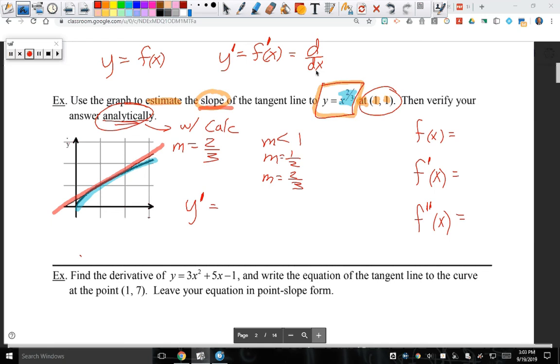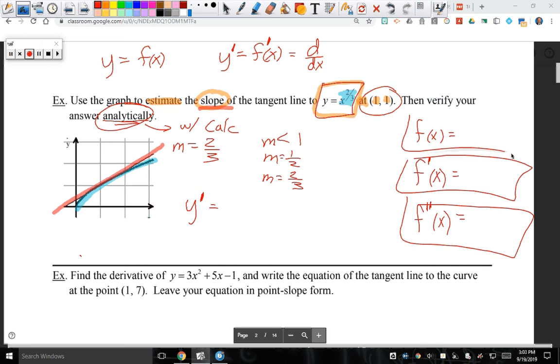Wait, what? I thought you said that line you said was trying to find acceleration. No, this is not trying to find the acceleration. This is acceleration, this is velocity, this is position. Okay, so listen. This is a good mistake that's being made right now. The blue function is this. You with me? And the derivative